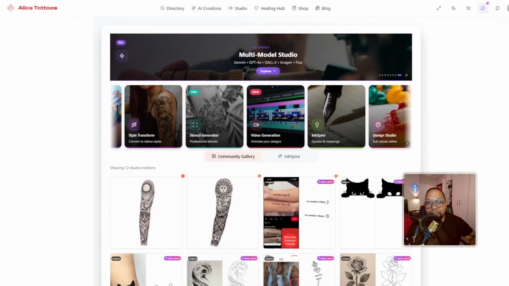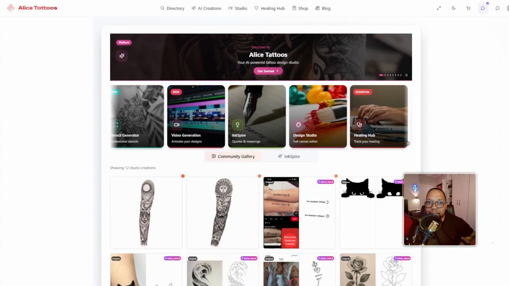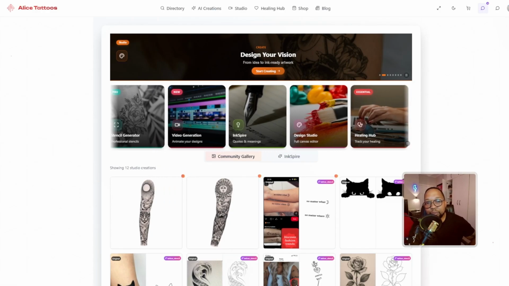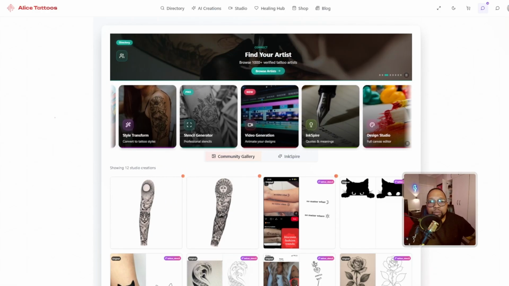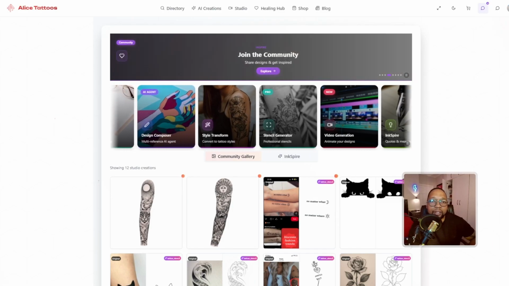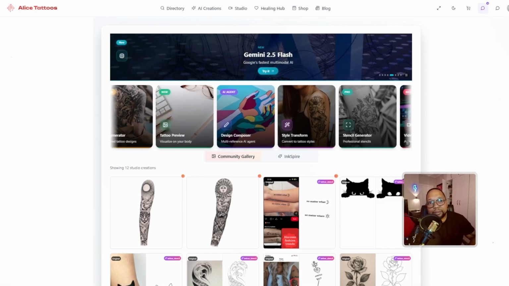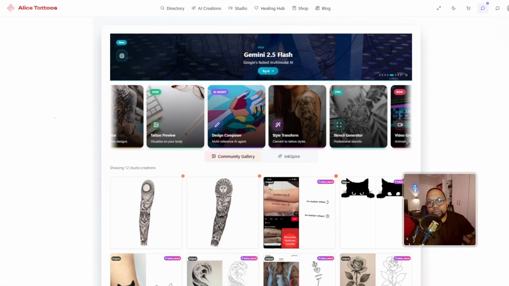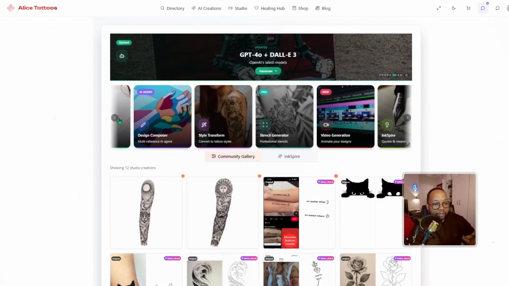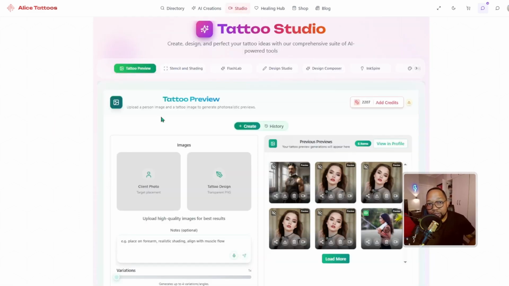Have you ever wondered what a tattoo would look like on your body, if you could imagine it already placed on your body before the tattoo was actually done? We kind of achieve it by placing a stencil over the area that you want to get tattooed. But before that, you might just want to look at it just for fun. And that's why I created this tattoo preview feature that I want to introduce